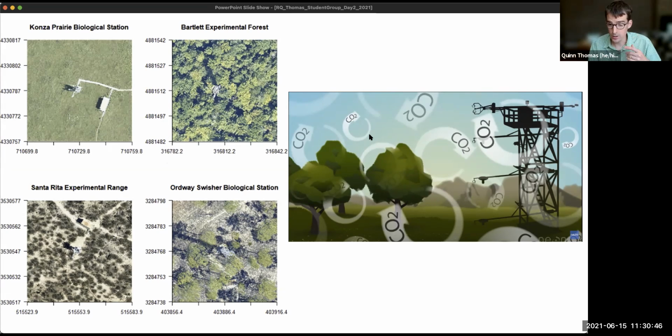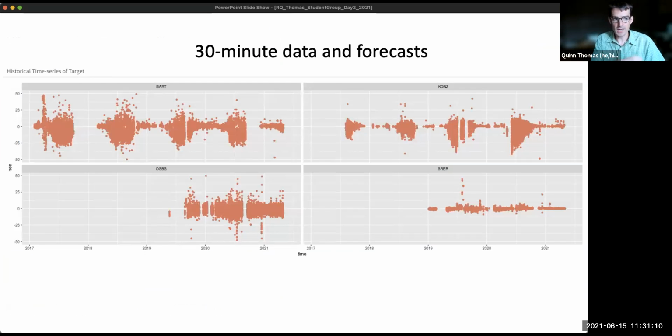And the data are from eddy covariance towers, whereby they use micrometeorology, the flow of air across the top of the ecosystems, to back out the net exchange of CO2 and water with the atmosphere. And these towers and the measurements are standardized across these sites. And this gives you an idea about the target data that is ultimately being forecasted at the 4 sites, whereby you can see some sites have been running longer, some sites have more variability, and you can also see that there are data gaps.